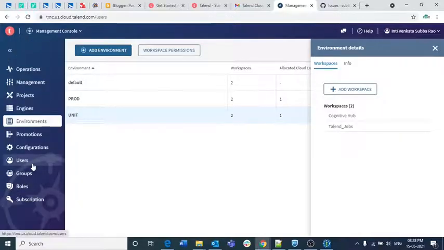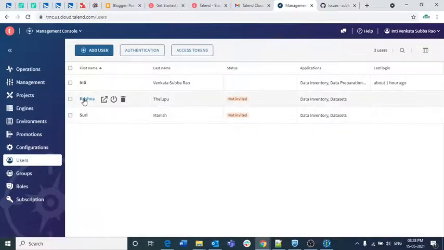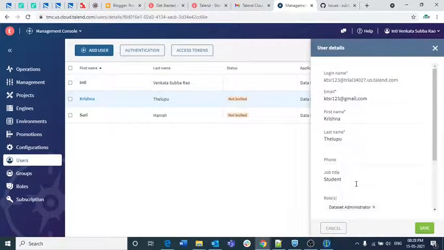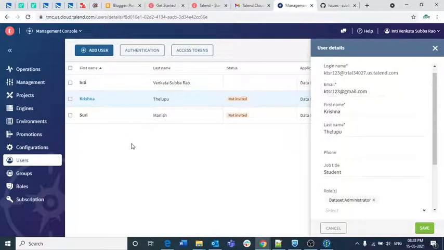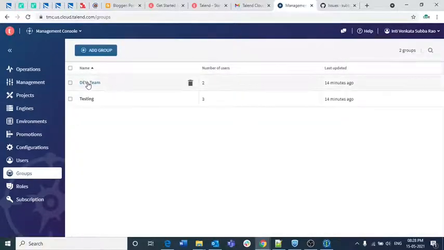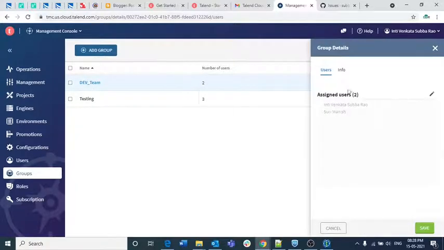But for now what I am doing is I will try to search it here. I am not sure whether they will assign it here or not. Yeah, groups, let me try it out here. I'm not sure we can do anything from here.